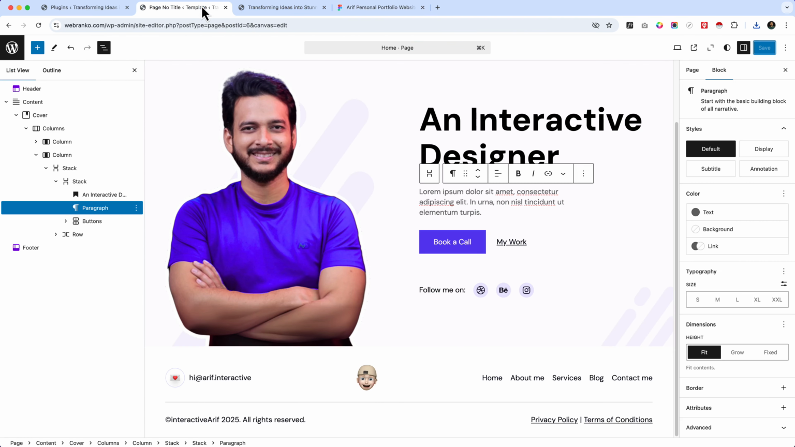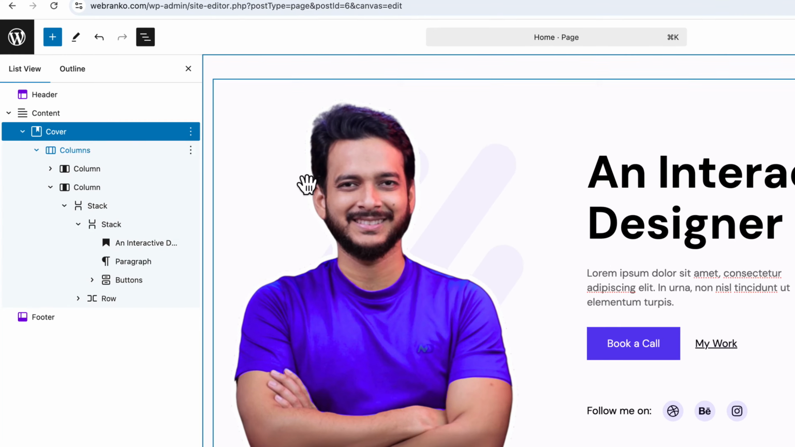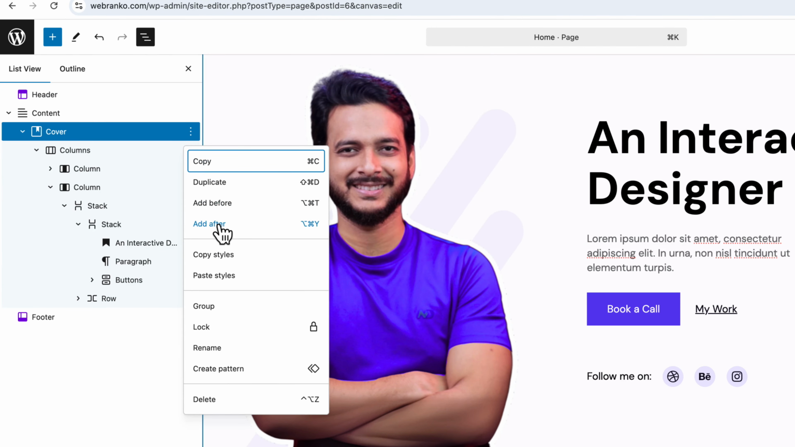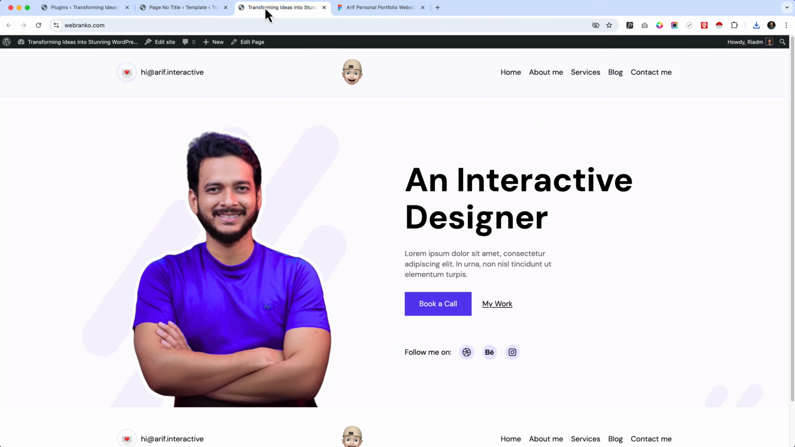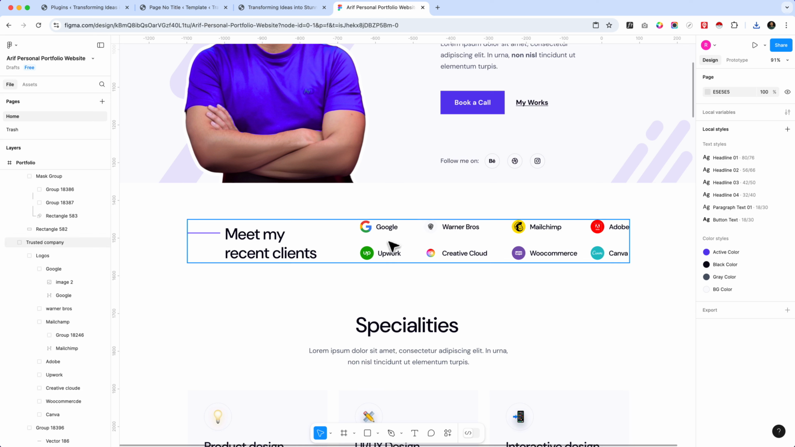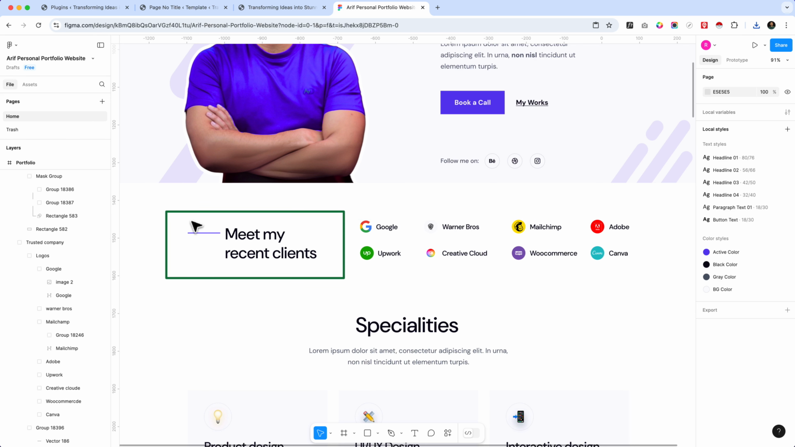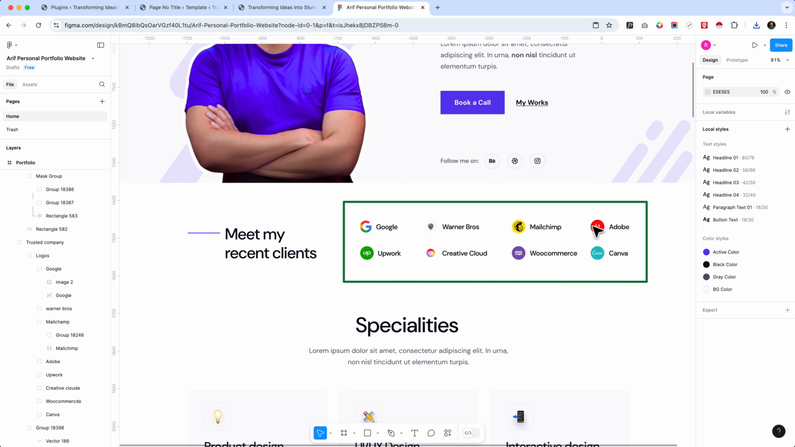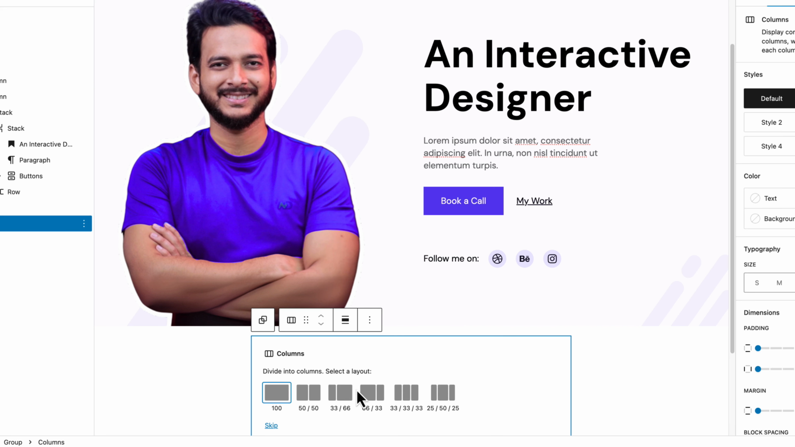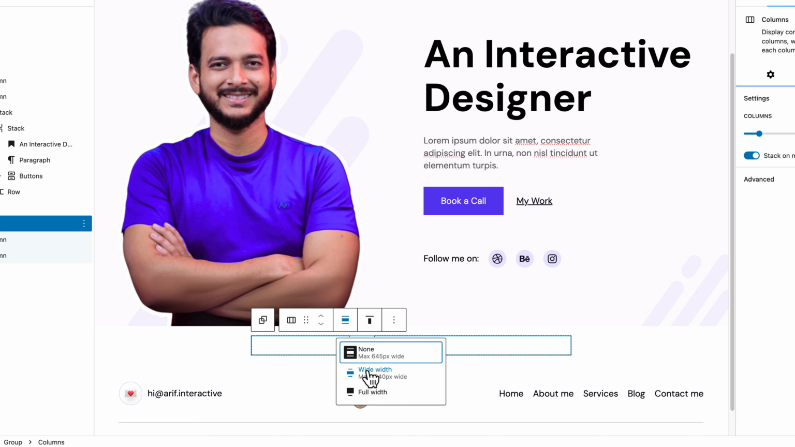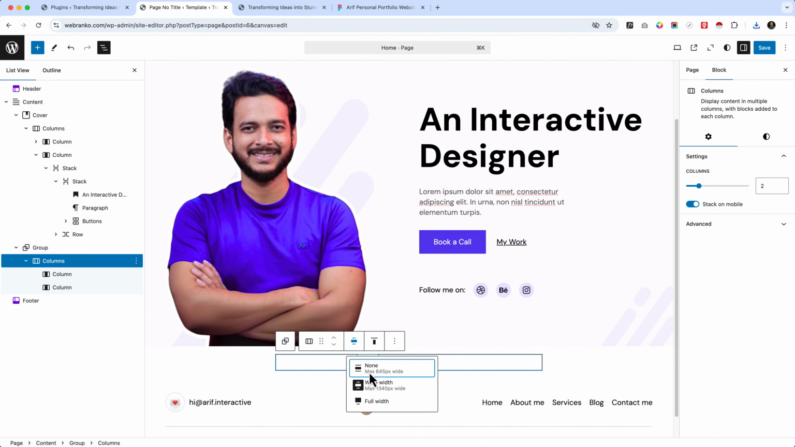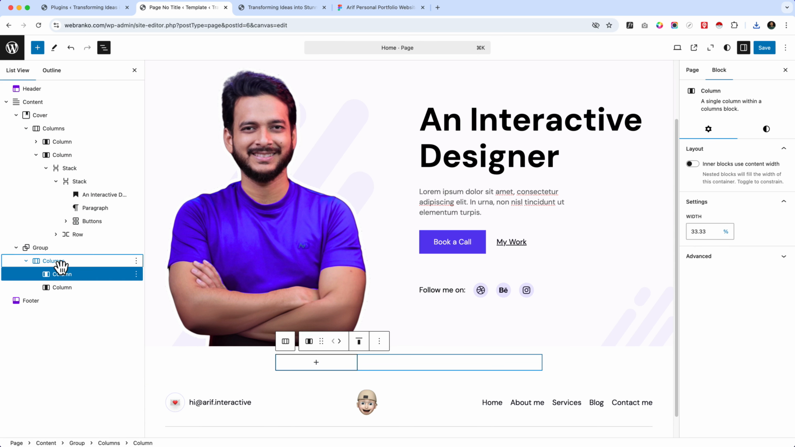Now we are navigating to the editor area, and below the hero area, let's add a group here. The group works like a container. If you take a look at the design, there will be two columns. The first column has Meet My Recent Clients, and the second column has all this information. So let's take columns here, two columns, and select this area to make it wide width. Well, I think it should be wide width this way,